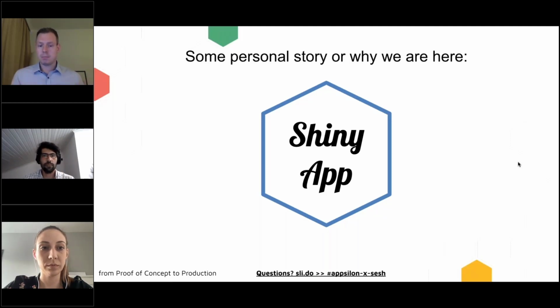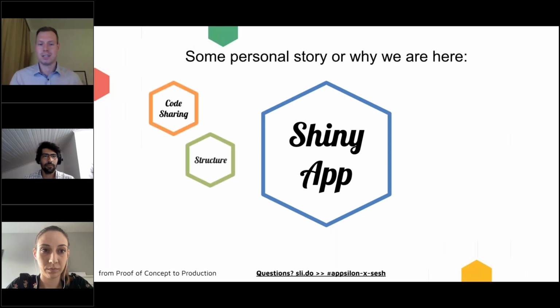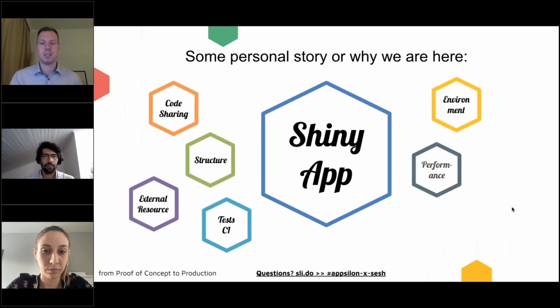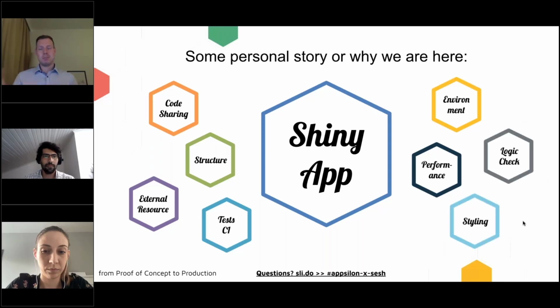And it seems very easy at the start because we were able to deliver proof of concept very quickly. But then along the way, we found out that an actual production Shiny application consists of much more stuff than just a proof of concept Shiny application. And this is what we've learned. We were able, of course, to successfully deliver the product to our users, but it took more time. And we've learned a lot along the way, and this is why I want to share these lessons learned